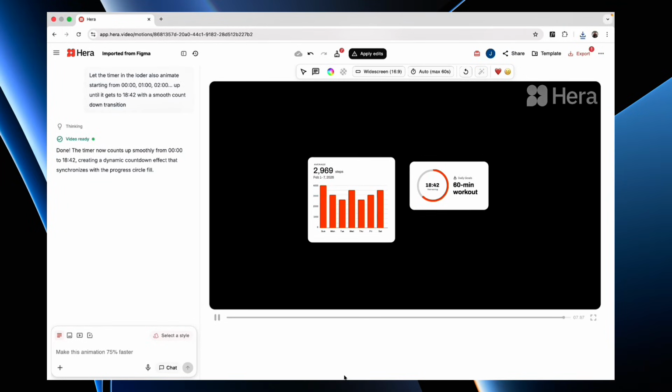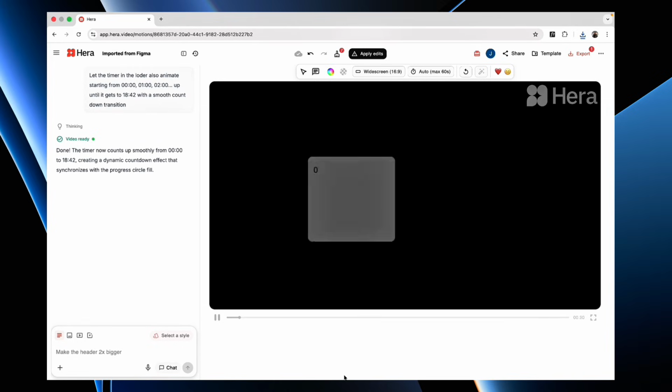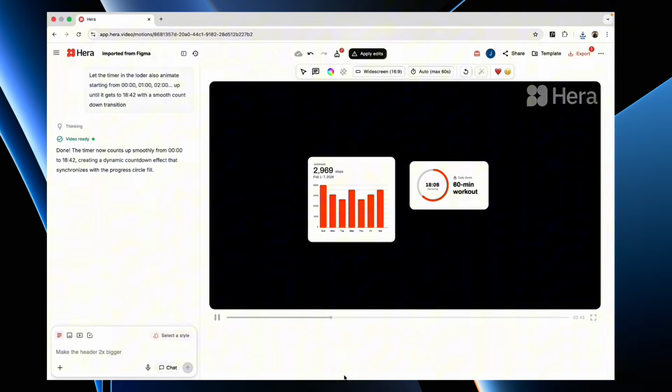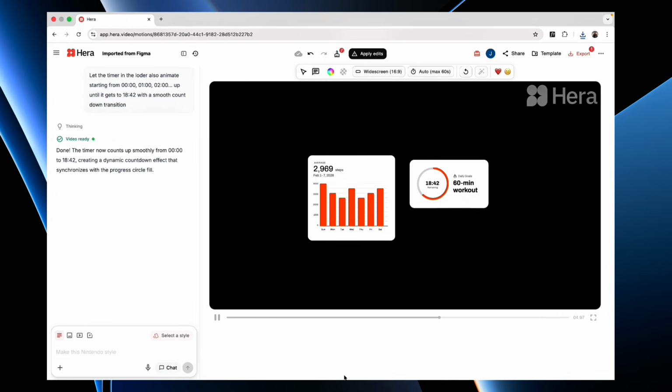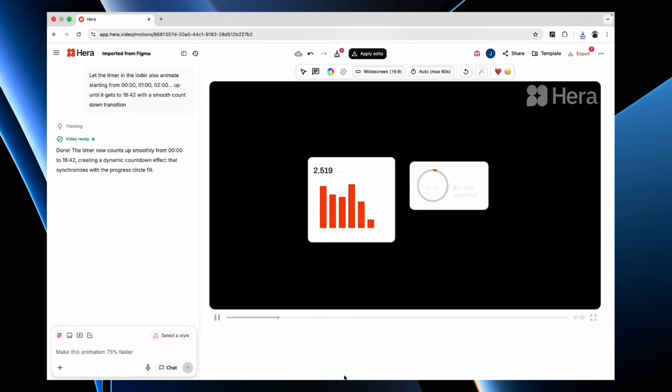In today's video, I'm going to show you how to create this stunning motion graphics in Hera.video, an AI motion graphics tool. If you've been looking for how to create motion graphics like this, maybe you're used to using Figma and you're used to going through all of the complex steps of animation and you don't know how to export your animations to GIF or videos and use them on your websites or your landing pages, then Hera.video is the